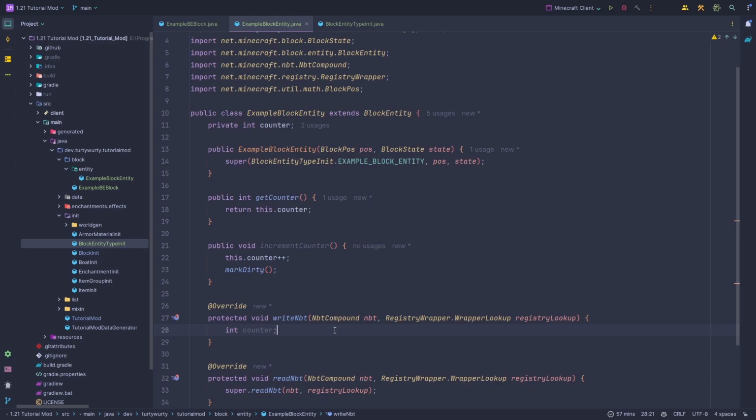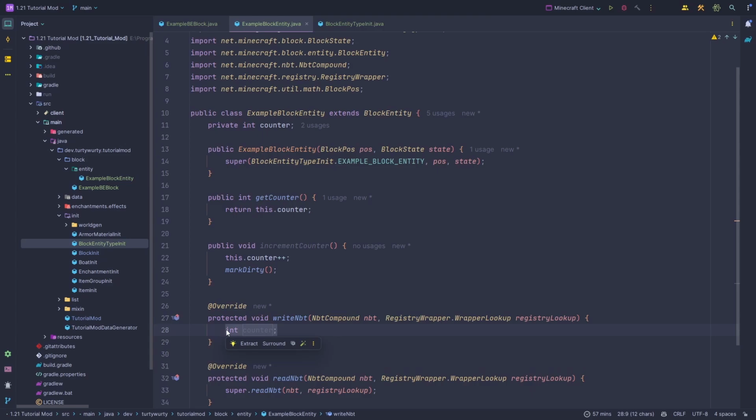Maybe it needs to save how many times you've done something with your block entity, and it just saves that as a name called counter. Ideally it wouldn't do that, right? Because that's bad and it could cause problems on our end, so you wouldn't really want to be doing that from their perspective anyways. But you might just want to be safe in our circumstance, and we just want to